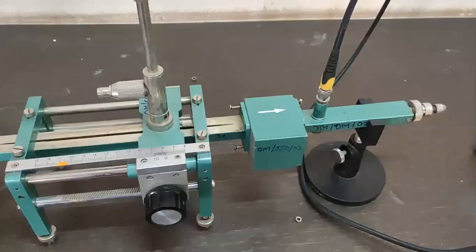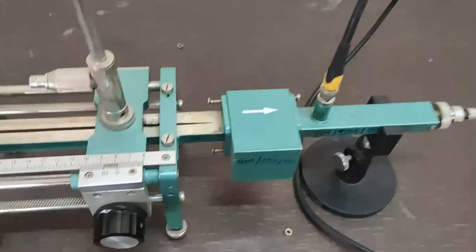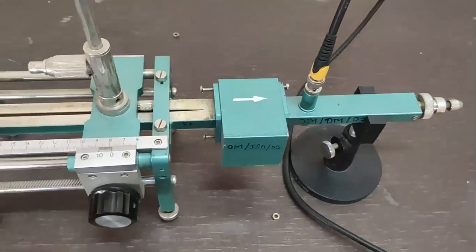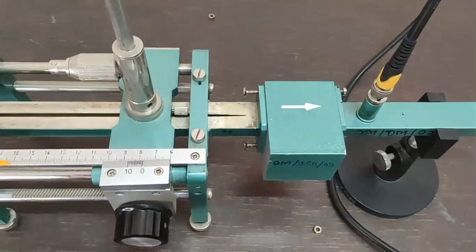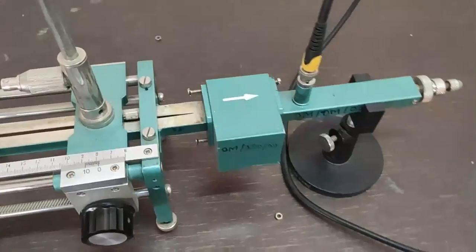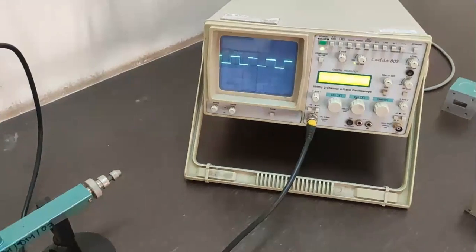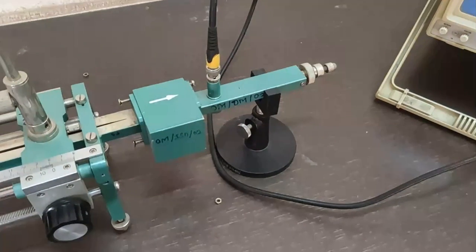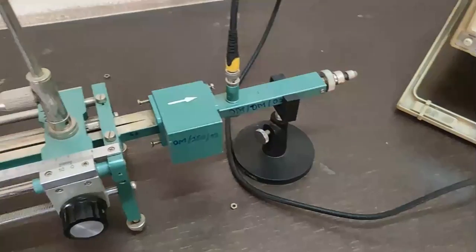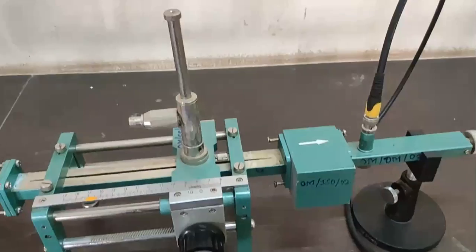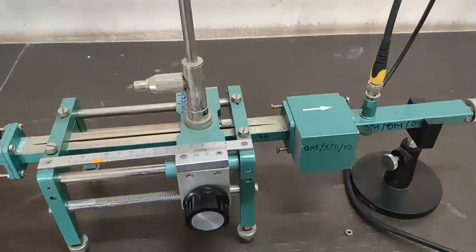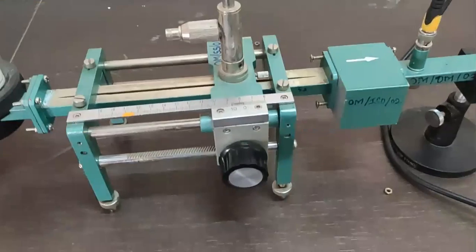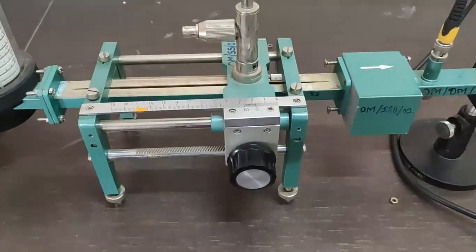Similarly, the isolator is a two-port device, so port 1 is connected to the slotted section and port 2 is connected to the detector mount here, and a direction arrow is present over that isolator. Now we can find the VSWR of this isolator when port 1 and port 2 are connected like this. For finding VSWR, we have to move the slotted section until we get the Vmax value and Vmin value. So I am moving this slotted section to the left side,